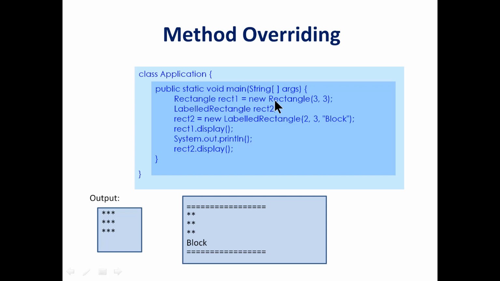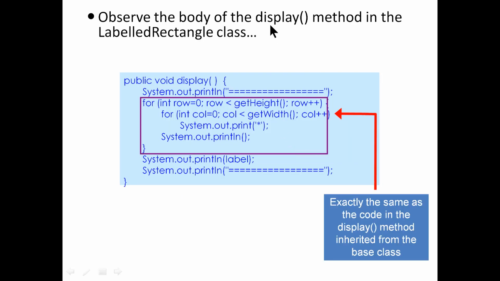We are actually creating a Rectangle object. Then we create a LabelRectangle reference. And LabelRectangle is a Rectangle, so I can actually assign another Rectangle, LabelRectangle, here, and then call the display method. So the display method is displaying two different outputs, because one you're calling the display of the Rectangle, another you're calling the display of the LabelRectangle. Alright, so you can understand this very clearly, there are two display methods. So observe the body of the display method in the LabelRectangle class. What you're doing here,